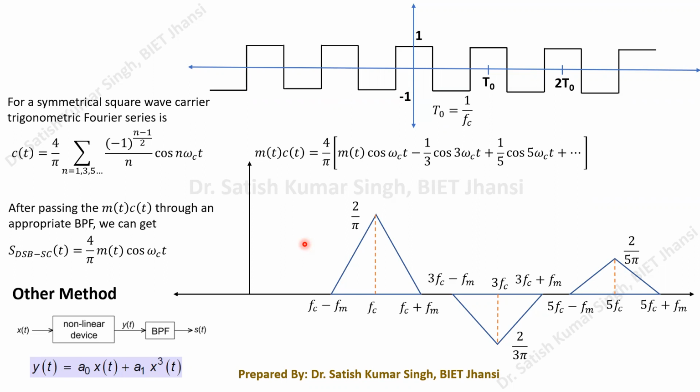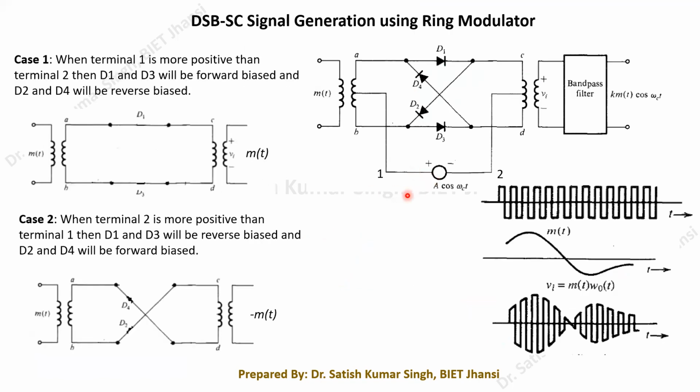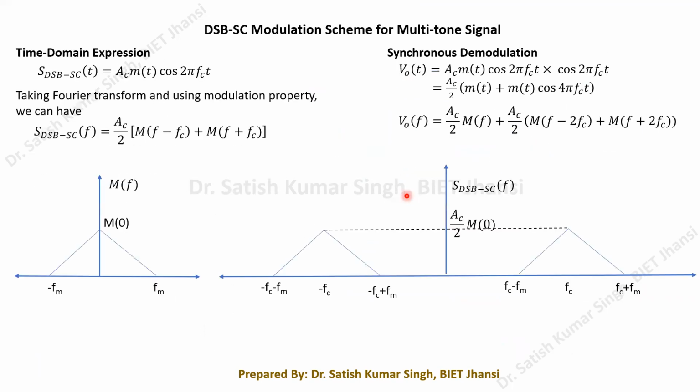Now today we have to look at another modulation scheme which is both power efficient as well as bandwidth efficient. Why is it so? Because in the next modulation scheme we are going to suppress one of the sidebands also. Just for your understanding, in the double sideband modulation scheme, we have two sidebands, both the upper sideband as well as the lower sideband.